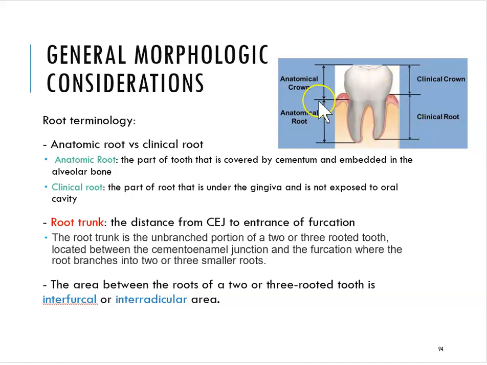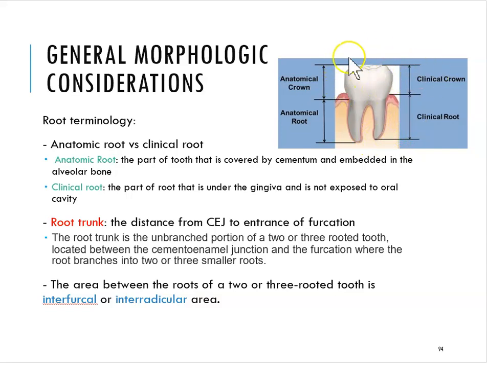The clinical root. See, the anatomic root actually starts right here, where the root actually starts, but the clinical root, this is the part of the area that we cannot see. So the part that we cannot see is known as the clinical root. The part that we can see is known as,